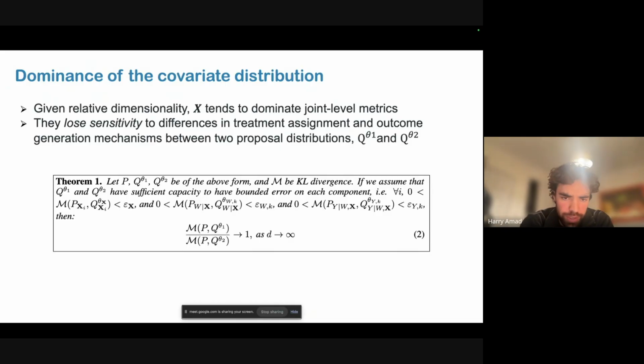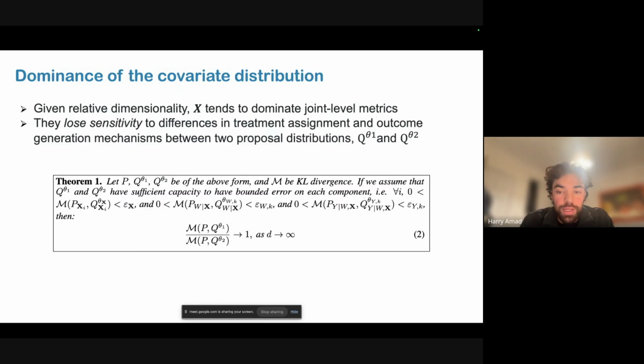And we derive a theorem here which explicitly states that, if we put some assumptions on the form of the real distribution P and some proposal distributions Q, which I won't necessarily go into here, but those assumptions are in the appendix of the paper, then if we measure the KL divergence in particular between the real distribution and these two proposals, and we dictate that the proposal distributions can have an arbitrarily poor modeling of the outcome generation and the treatment assignment mechanisms in particular, but as long as they produce a reasonable modeling of the covariate distribution, then basically as we grow